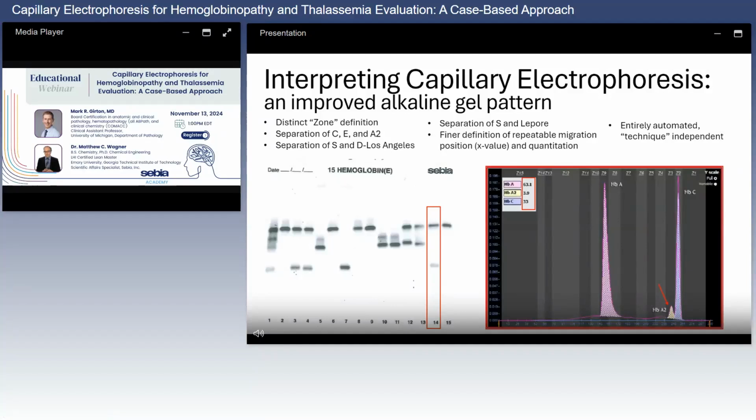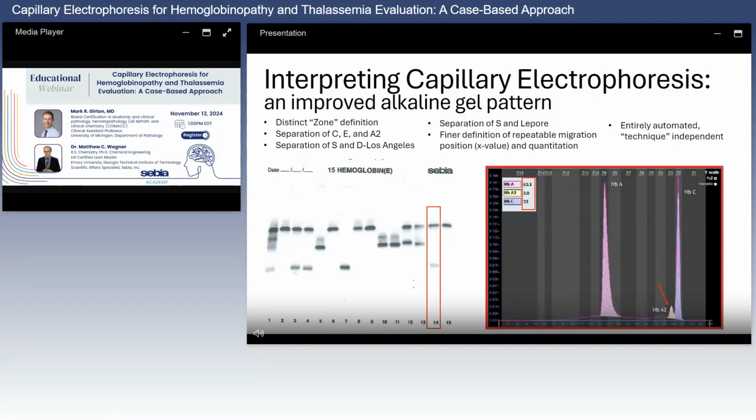However, the increased resolution of the capillary instrument enables us to get much more exact and repeatable migration positions for each of the known hemoglobins. For example, we even see separation of hemoglobin C and E from hemoglobin A2. Each of those three hemoglobins has their own distinct zone on the pattern and can be easily told from one another. We also see separation of hemoglobin S from hemoglobin D Los Angeles, separation of S from the Lepore variants, and